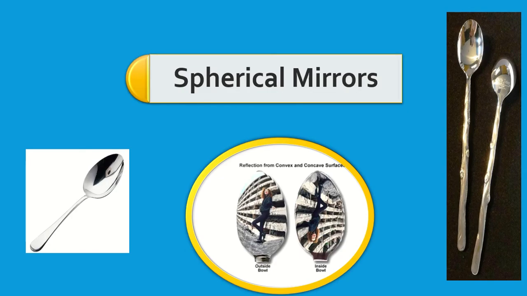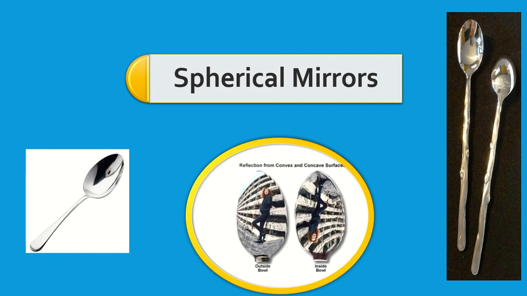Let's start from our kitchen itself. The spoon we use every day, right? That represents these two types of mirrors. Have you ever thought of this before? We are using a spherical mirror for eating our food, right? How is it related to mirrors? Any smooth surface which can reflect light, wherever image formation takes place, we can consider as a mirror. It need not be the mirrors we always buy from the market.